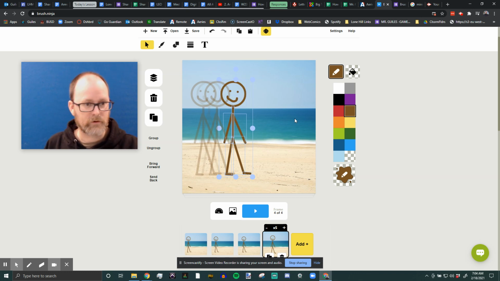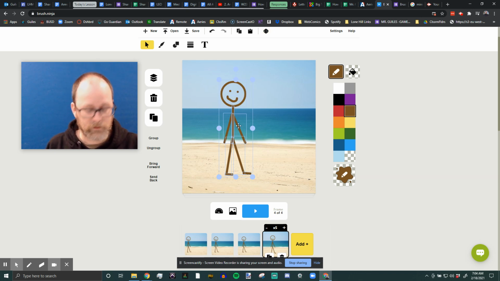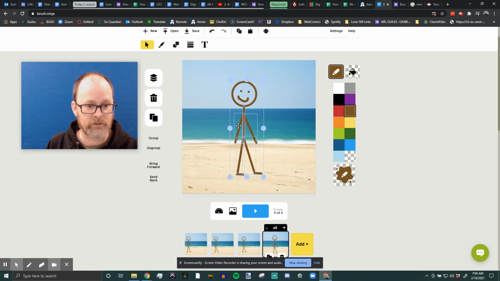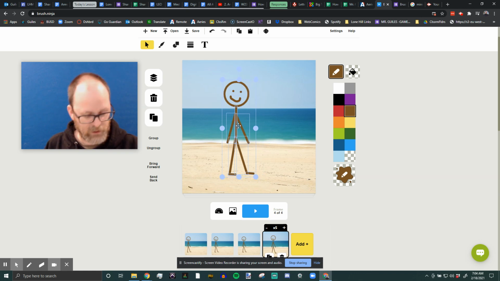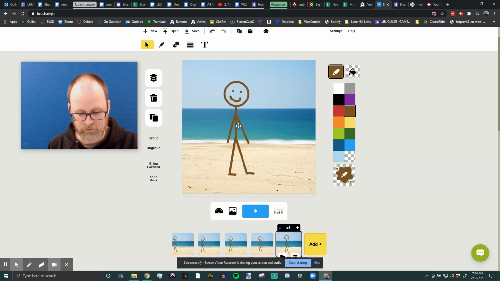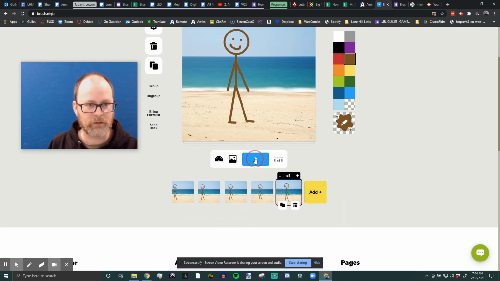So, enter, Control A. I'm using the arrow keys, making my life easier here. Oops, I don't think I duplicated. D, duplicate. Yeah, I didn't. And look down here if you're not sure. Hit play.